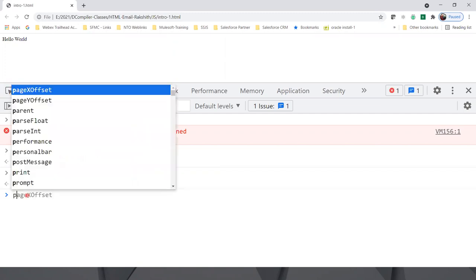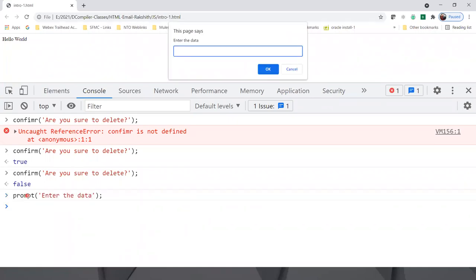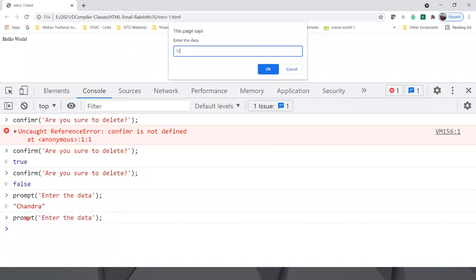Now it comes with prompt function. Enter the data. Prompt function comes with a text box. Anything which has been entered here is treated as a text. Then you should convert it into the relevant data type required. So if I click on this and type the message what I need, I'll type my name. And if I click on OK, that value exactly which has been typed in the text box will be returned. And if I give 1, 2, 3, which is a number for you, but it is